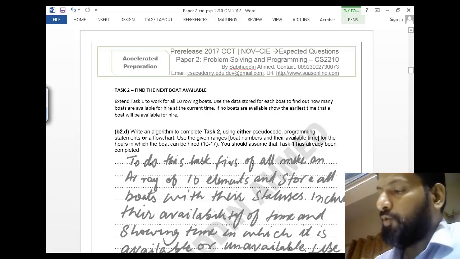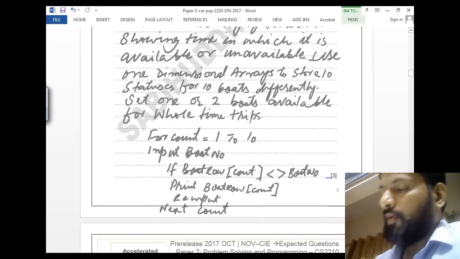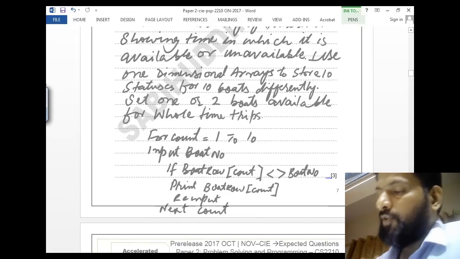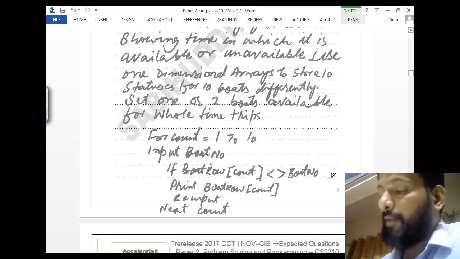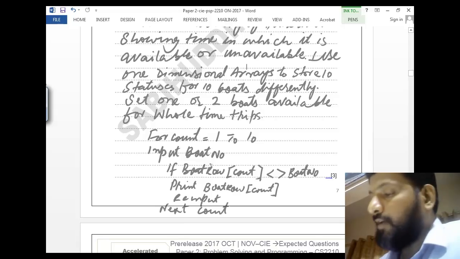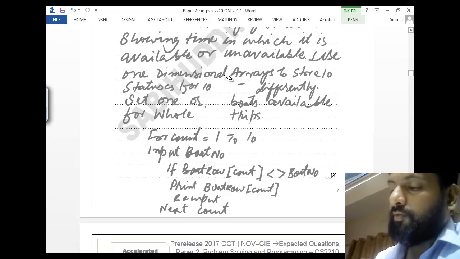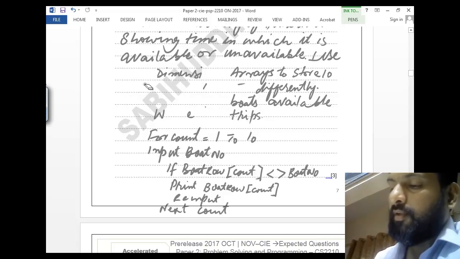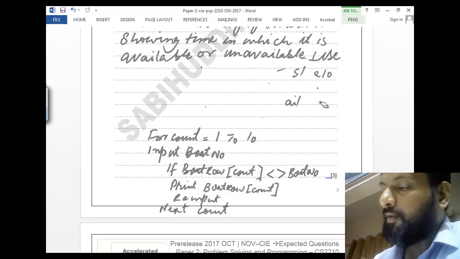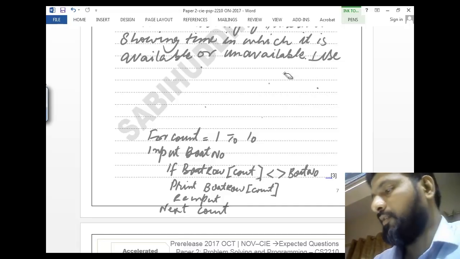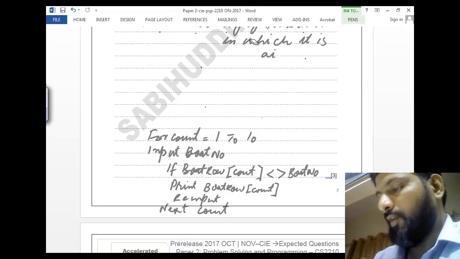On the other hand, one part of code I'm going to edit here and I'm going to rub it out. That is here, timing available. So board number, apart from this thing, if you do this, then you're again going to take the board number and the time in. So for timing in, I'm just going to remove this from here. So you can see that how this can be done. Right. So you can see the second part,